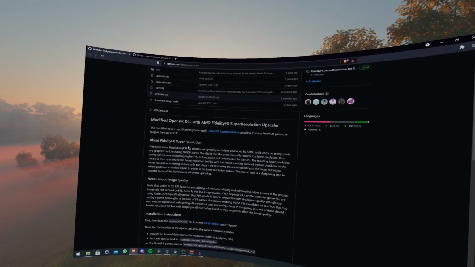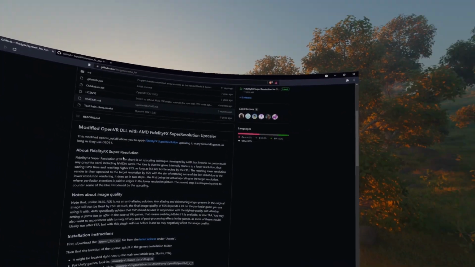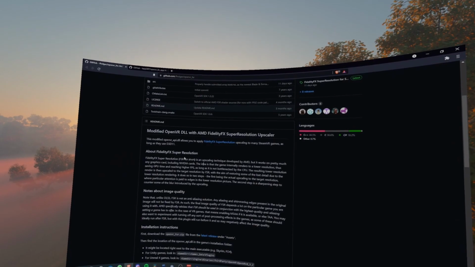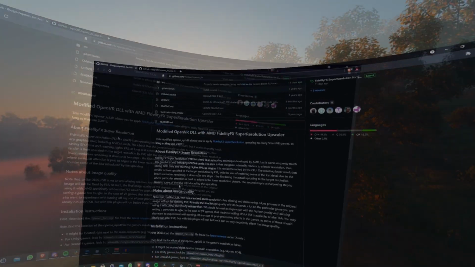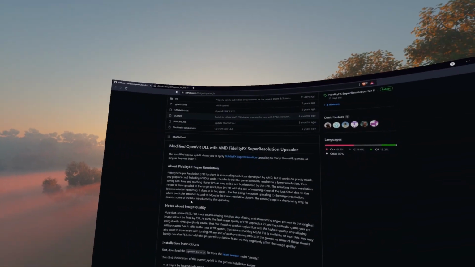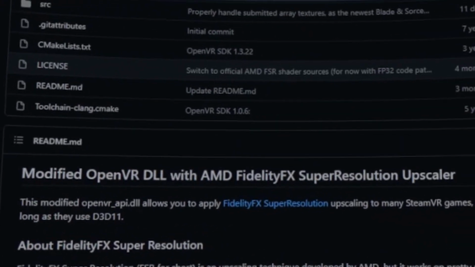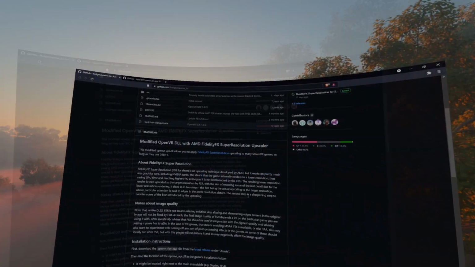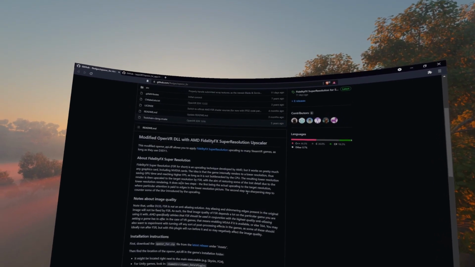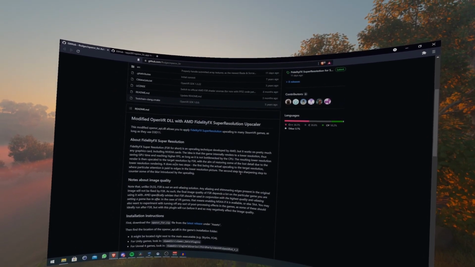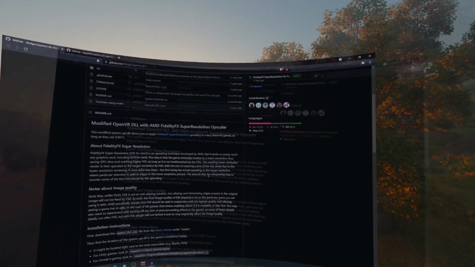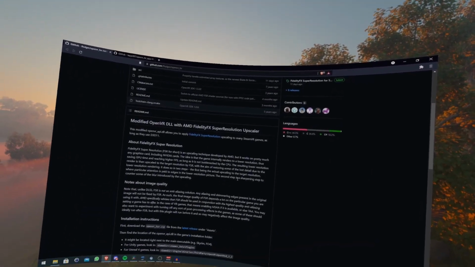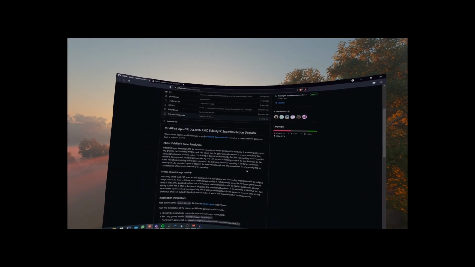So apparently my computer doesn't have enough juice to run a full 90 Hz, or I just need to make the picture super blurry by downscaling the image very much. But luckily, Fholger has made an OpenVR DLL with the AMD FidelityFX Super Resolution upscaler. And if you don't know what AMD FidelityFX is, it's pretty much the equivalent of Nvidia's DLSS. So the software renders the frames at a lower resolution and then attempts to recreate and upscale those rendered frames